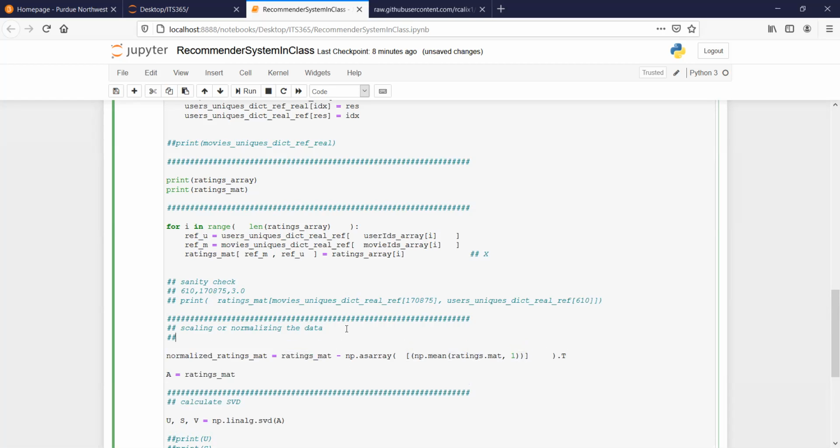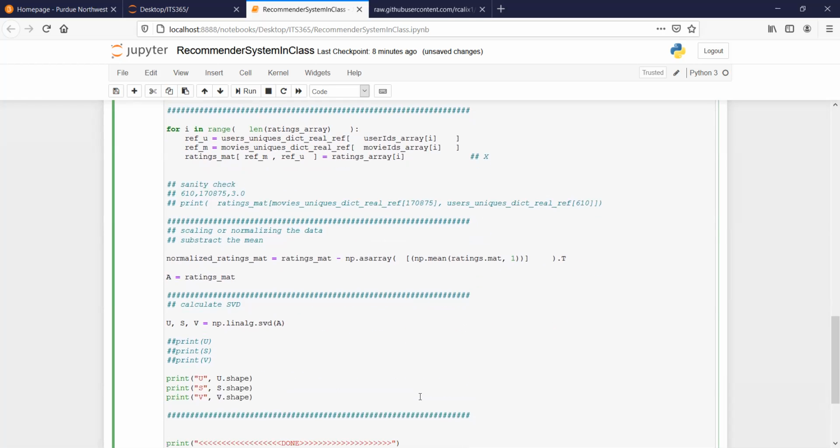All right, so we're going to say, for instance, here, normalize the matrix, subtract the mean. Okay, so if we test this now,